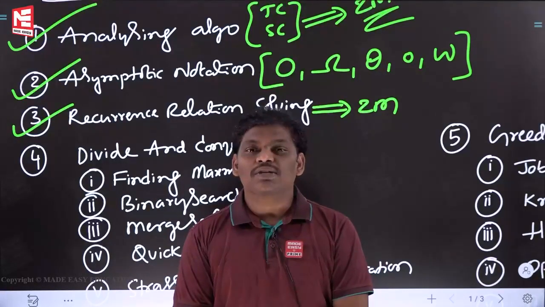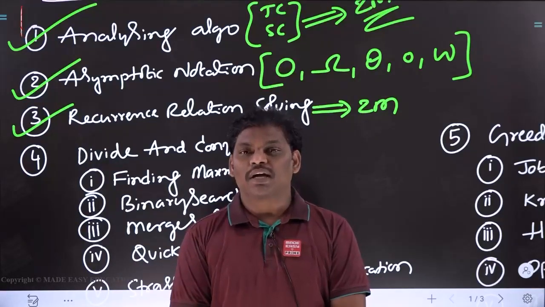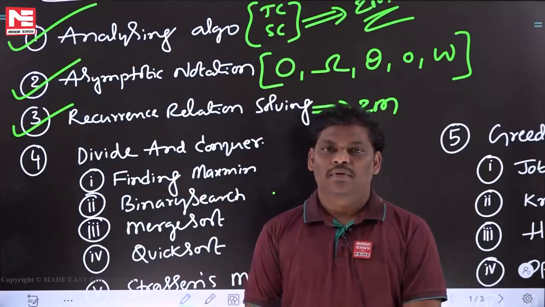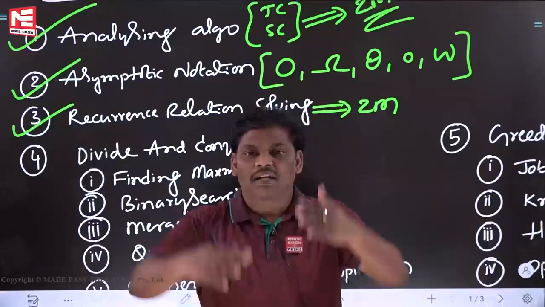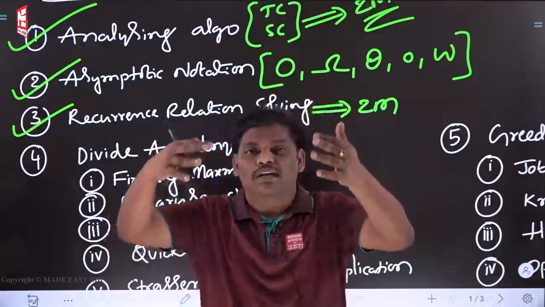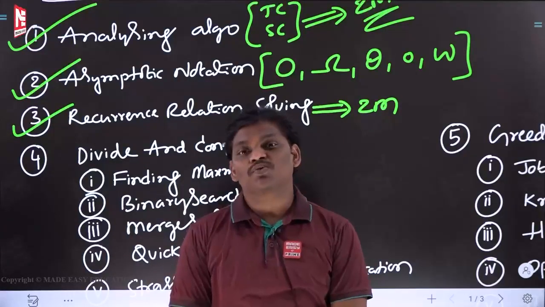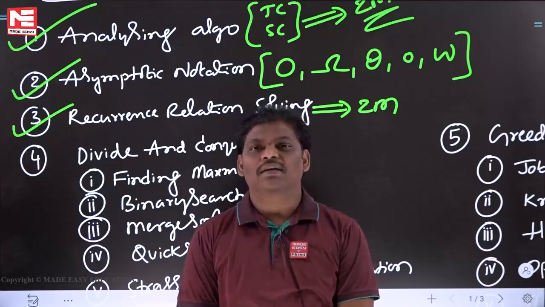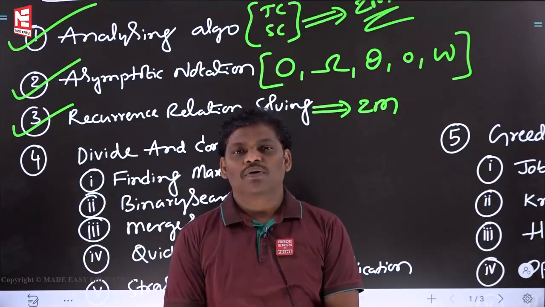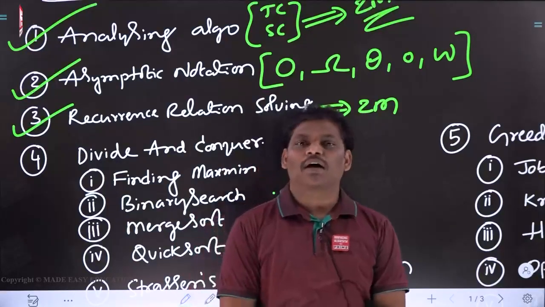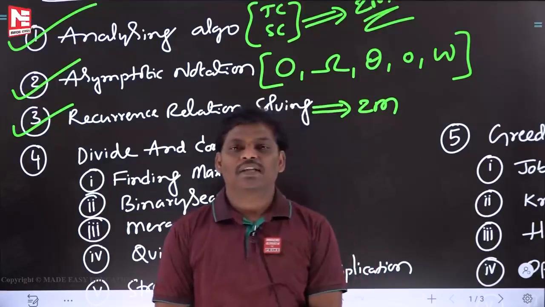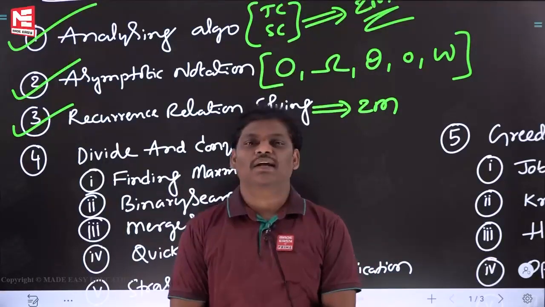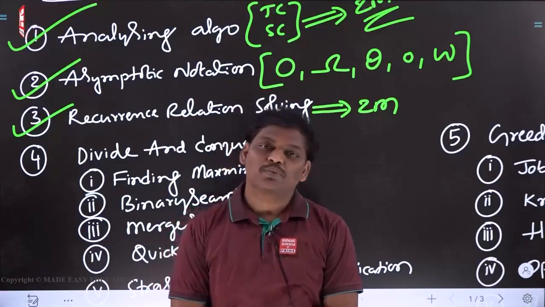Next, if the recurrence relation contains more than one recursive call, then the tree method is better. More than one means tree method. You know a binary tree has 2 children. You know a ternary tree has 3 children. More than one recursive call means more than one child. Then for binary tree or ternary tree, tree representation is better. So when the recurrence relation contains more than one call, go to the recursive tree method. When the recurrence relation contains only one recursive call, directly or indirectly, then go to the substitution method.